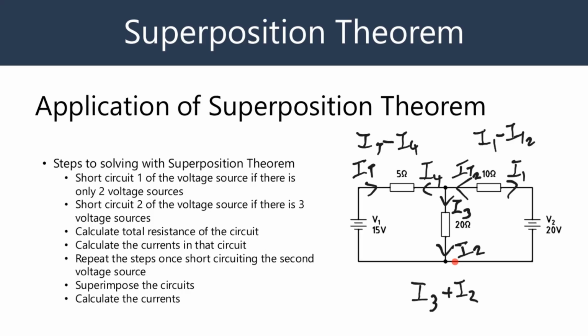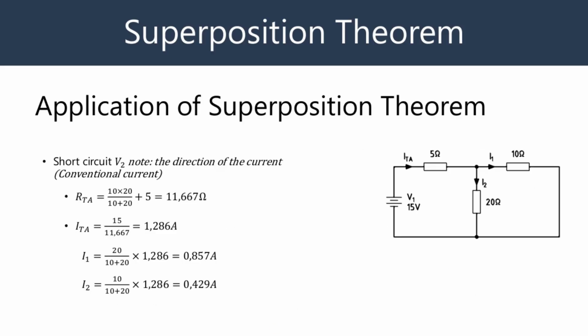All right. So we can get stuck into the various calculations here. The first thing is, I short circuit one side. The 10 ohm and the 20 ohm are in parallel, so I can now calculate the total resistance: 10 times 20 over 10 plus 20. Then I add the 5 ohms in order to give me